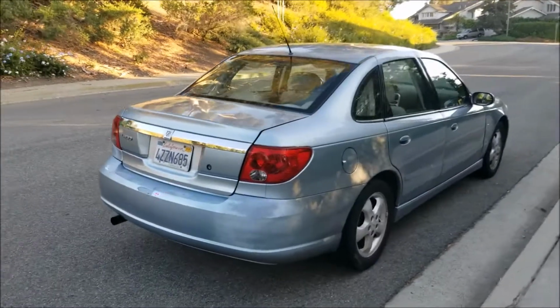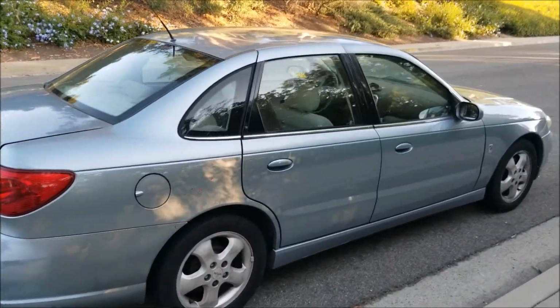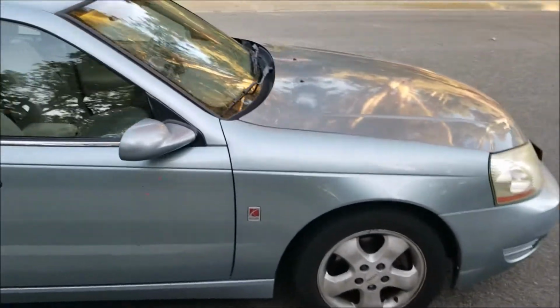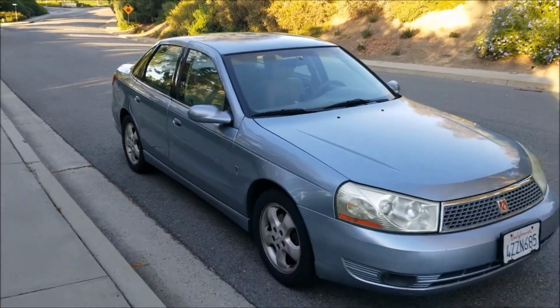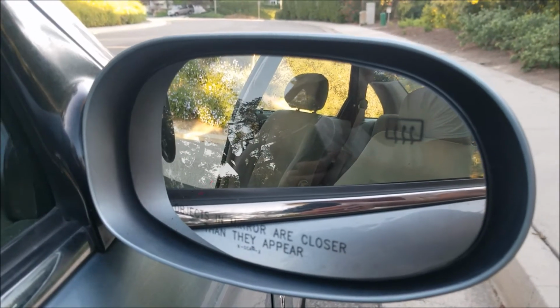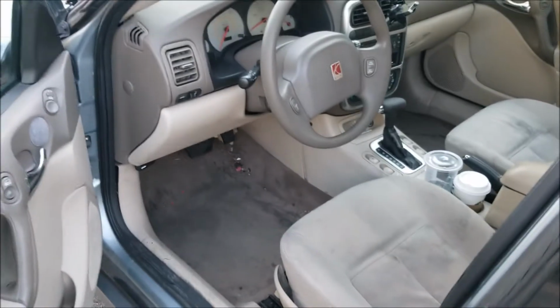And just going around the car, we can see how clean it looks. It's actually a very nice little car. Not bad looking for a budget car, if you ask me. And we also have heated passenger and driver side mirrors. On the inside,